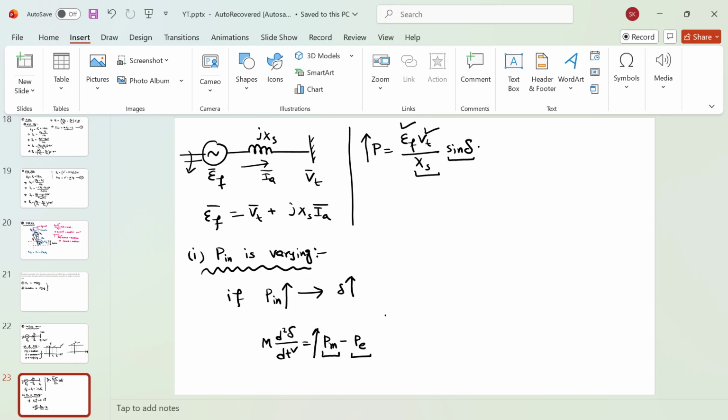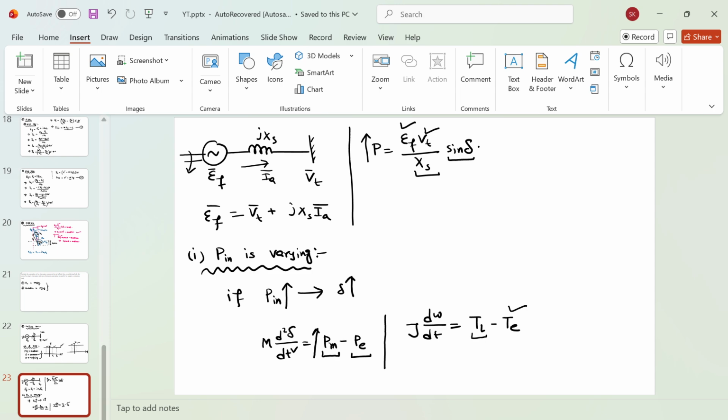So for that, maybe I can consider the rotor dynamic equation. J d omega by dt. These are basically the same equation, but it will be good to know from this torque point of view also. So this is the rotor dynamic equation, and this is the generated electromagnetic torque, and this is the torque that is coming from the mechanical side. So what will happen if you increase the prime mover power? That means basically this TL will increase,